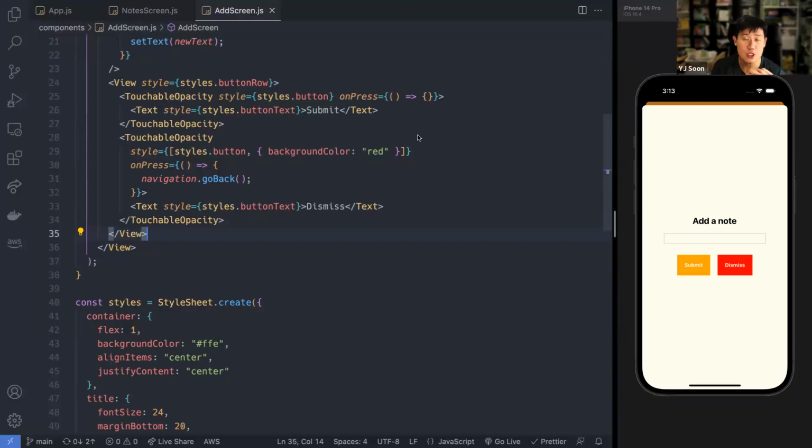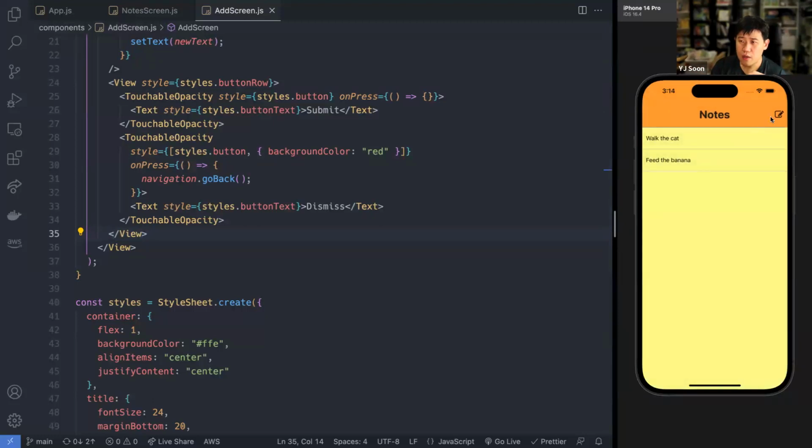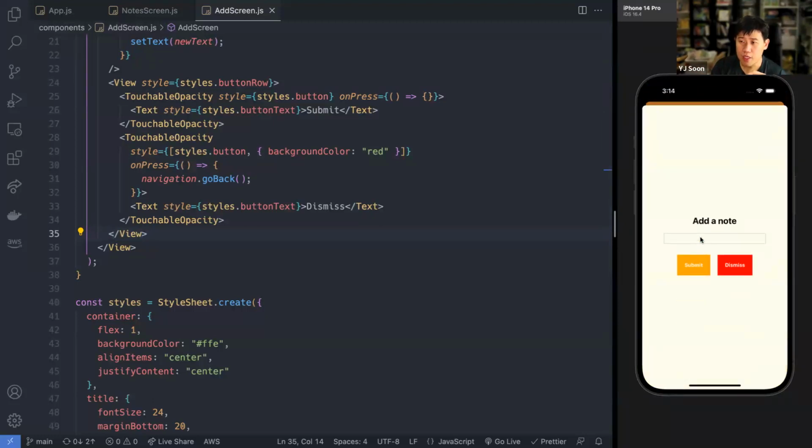Sometimes when we use navigation, we send it over using the navigation prop as well, the route parameters prop. When you do navigation.navigate, you add a comma and some objects, and that's how you send it over. This one is a bit tricky because when you press new, you actually want your child view to send something back to you.